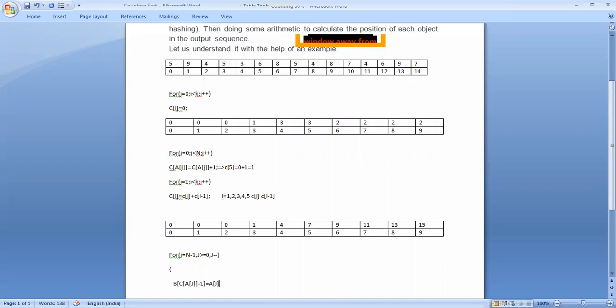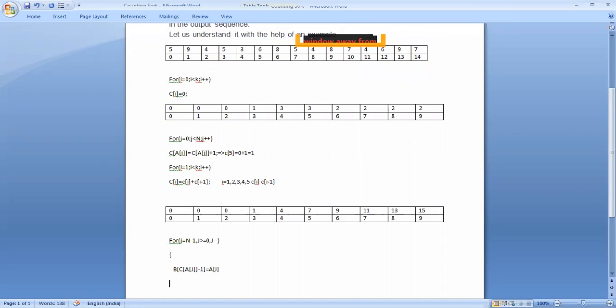Yes, now next C[A[j]], in place of C[A[j]] equals C[A[j]] minus 1. Okay.